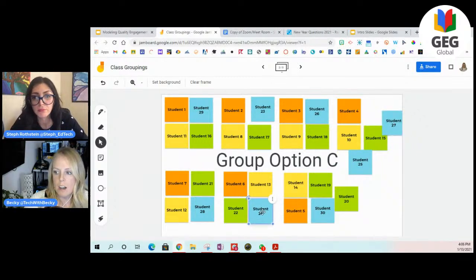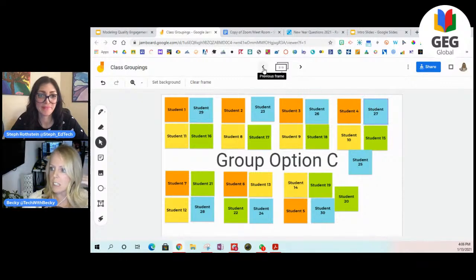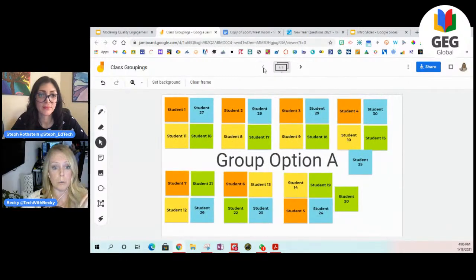It's especially helpful for when you get that comment, because I know I'm not the only person who heard from students, "I'm with so-and-so again. You always put me with so-and-so." I could go back, if I was using this in the classroom, and be like, "Ooh, you're right. You have been with so-and-so every single time." And in my head, that made sense why you were with them. But I can see for you, we need a break. So it does help to save them.